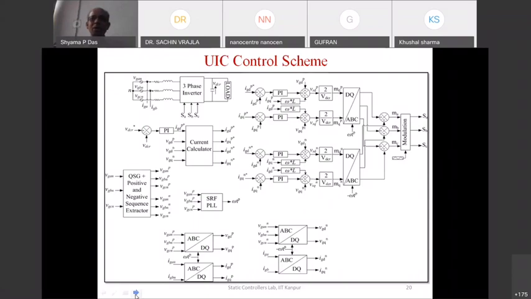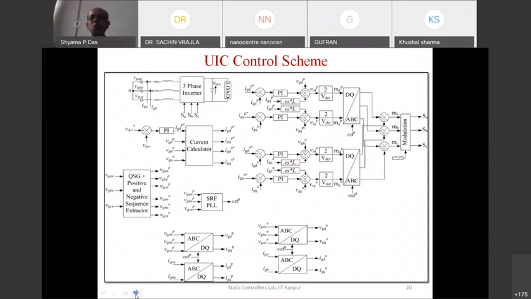So we get the modulation index in the DQ reference frame, two modulation indices for the positive sequence component and two modulation indices for DQ in the negative sequence component. Then we use transformation to transform DQ into ABC. We know that the transformation is reversible. So we use omega t transformation to transform DQ into ABC for the positive sequence component. We use minus omega t to transform DQ into ABC for the negative sequence component. And we add these two modulation indices because the voltage ultimately has all sequence components, positive and negative.